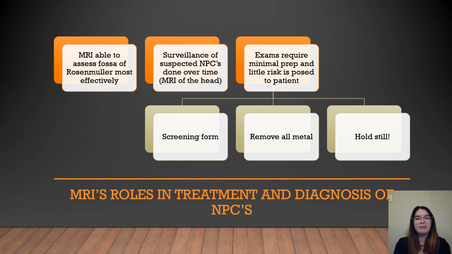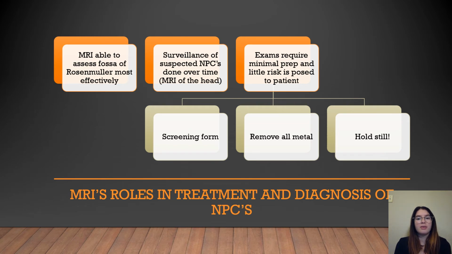The origin of most NPCs, the fossa of Rosenmuller, or nasopharyngeal recess, can be extremely difficult to see. It's behind and above your soft palate and is surrounded by mucosal tissue and shielded by lots of bony anatomy. It also closely resembles glandular tissue on a CT. In the past,